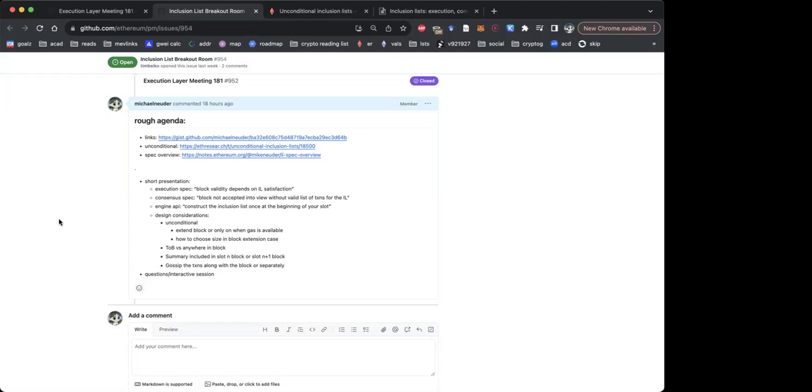Once a new block has been built on top of it, you really don't care about the fact of whether or not there was an IL. It's already been satisfied, so it's kind of irrelevant for you as you're syncing. The only one that you really care about at any given time is the one at the head, basically. So you should always keep around the one for the head. If someone starts syncing and gets to the head, they need to have that one to know if the head is actually good or not, but they wouldn't need, for example, the one at depth -1 or something like that.